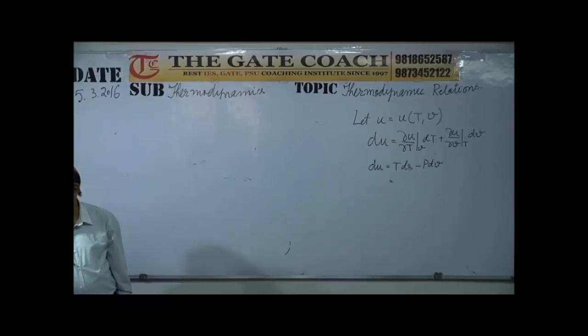Try to write down all the four Maxwell relations and the two TdS equations without referring to the back pages. You don't have to do it for me, you have to do it for yourself and see how much you remember. And if you don't remember, that means last week you have wasted your life minus the last week. And same way, if many weeks get negative, what will be left?